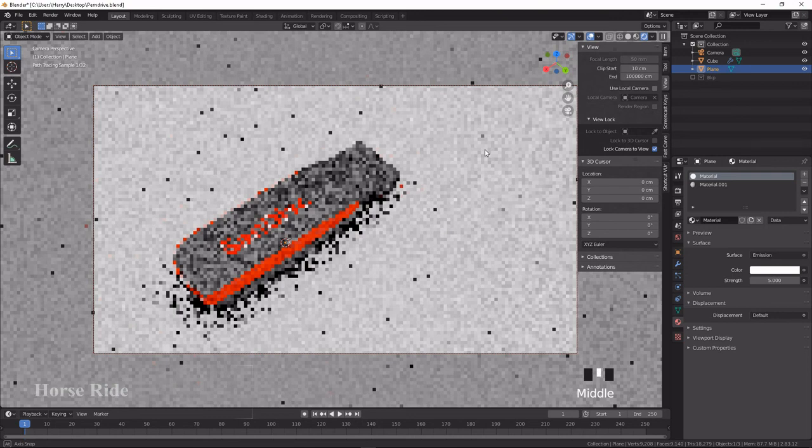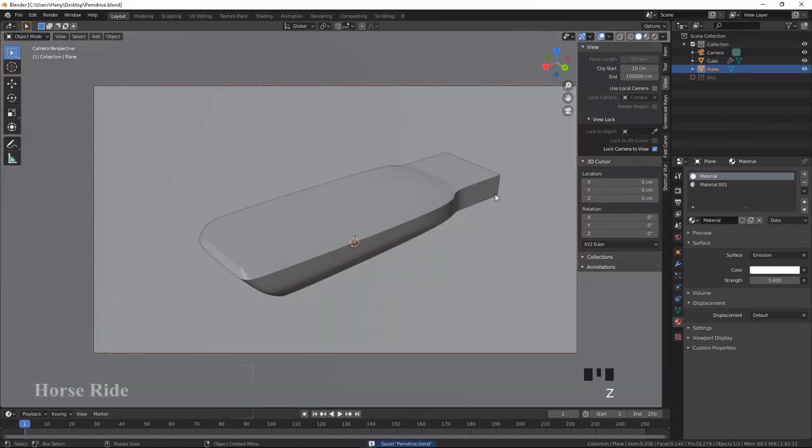I press F12 to start rendering. Before that I save the file and I go to the solid view again. Press F12 to start rendering the image. Rendering is started. Now I'm going to cut this scene and show you how the rendering is done, how the pen drive looks.